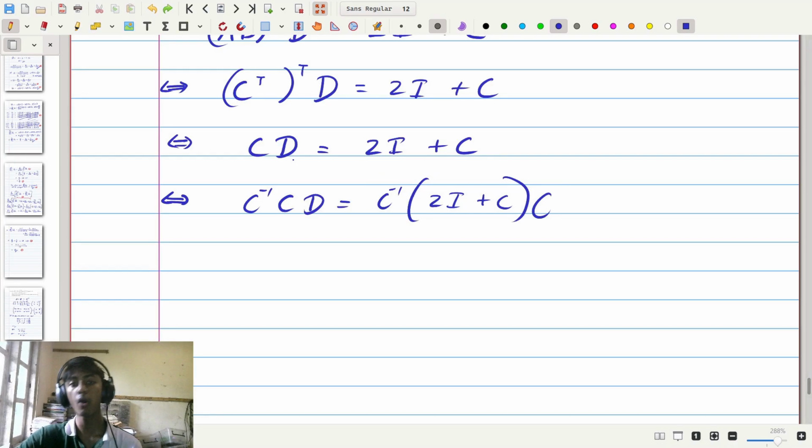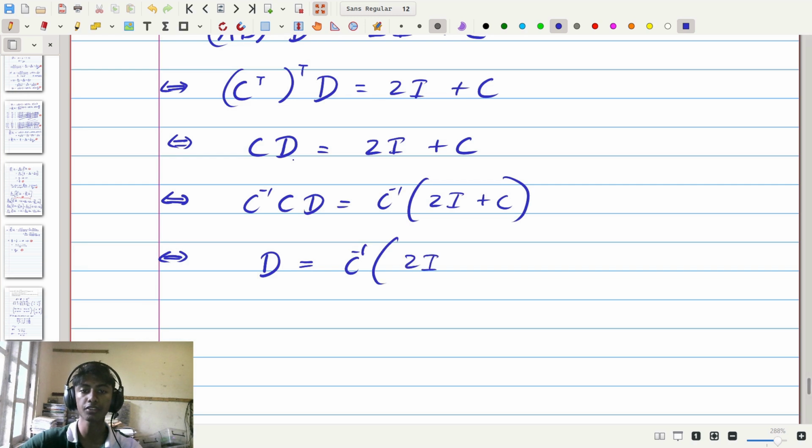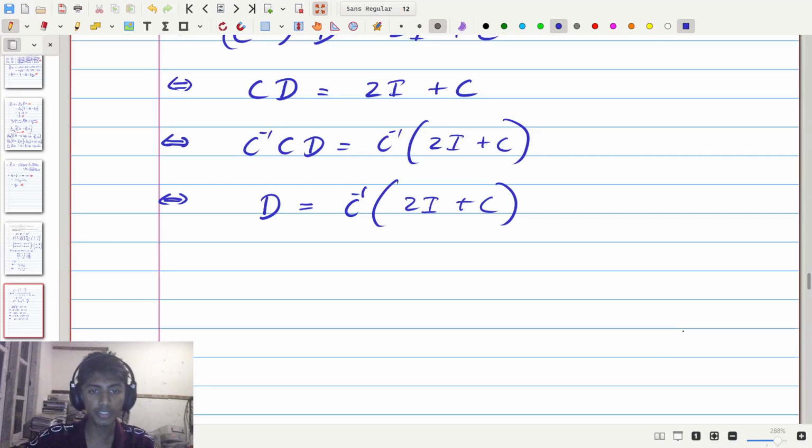It has to be on the left hand side. Now if we simplify this, we can see on this side we have just D matrix, and on this side we have C inverse matrix times 2Y matrix plus C matrix. And now all we have to do to find D matrix is to simply substitute C inverse matrix, I matrix and C matrix. So doing so, we can see we get 1 over 12 times 1, 3, -5, -3 times